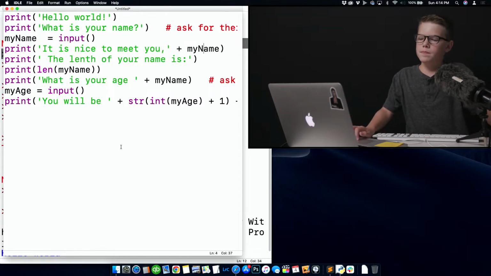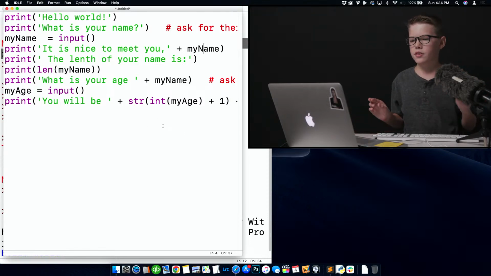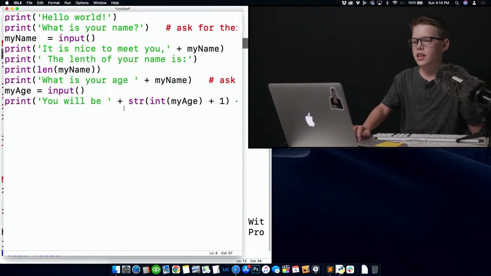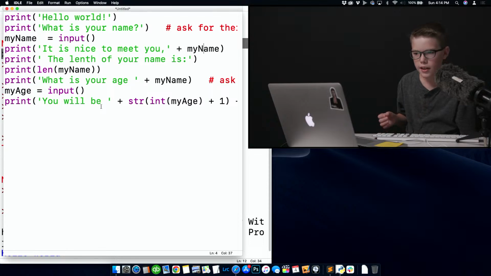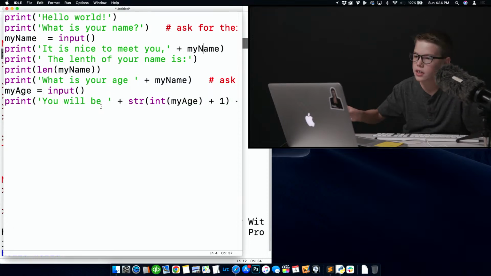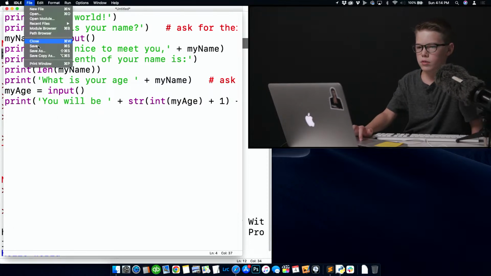But this is basically where it just is going to add 1 to your age. So it's just like that variable plus thing. It's going to take whatever you type in. So you type in 41, and then it'll say you will be 42 in a year. So if we run this program, we had to save